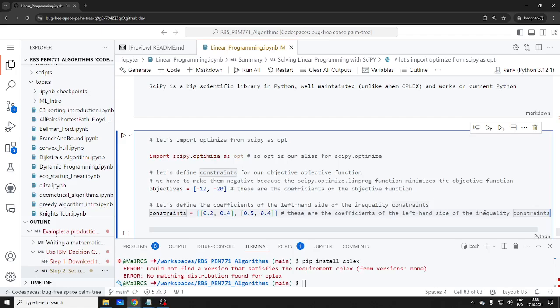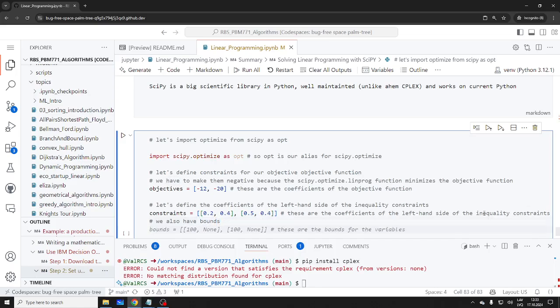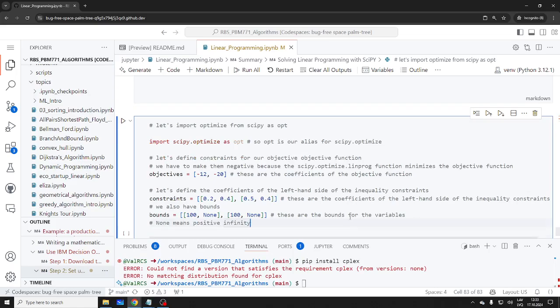Now we also have the bounds, right? Yeah, those are bounds. So 100, none meaning none here. None means positive infinity here, right? Okay. So you see, this is not as nice to use because you have to basically look at the documentation,